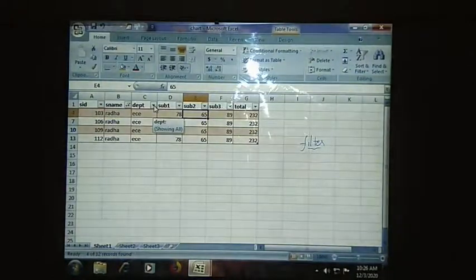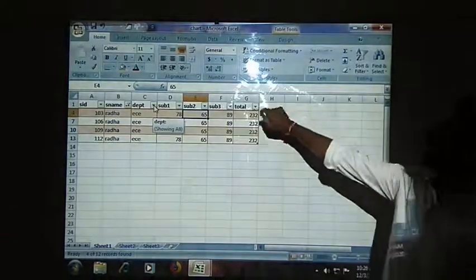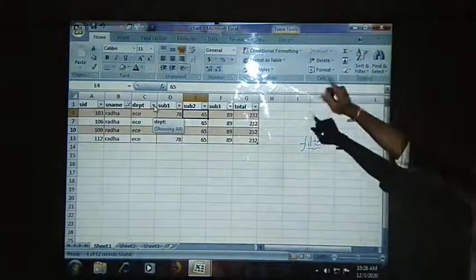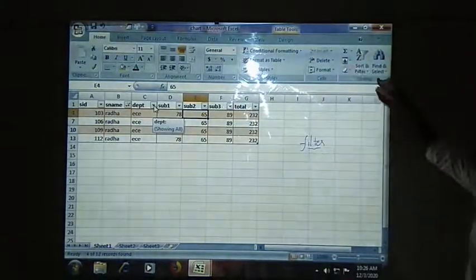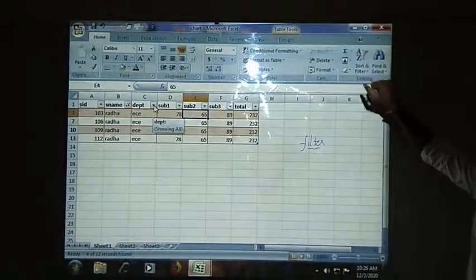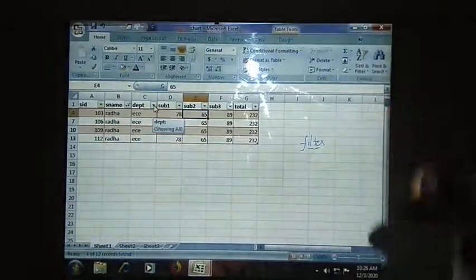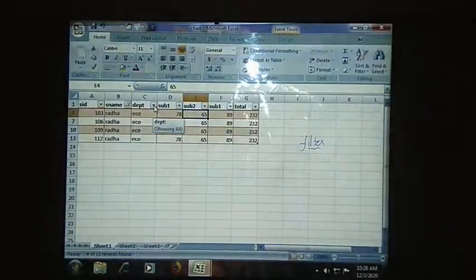According to this, you might have understood how important the filter option is. We will be filtering the data in two ways. One is the filter options on your column headers, and the second is the home tab. In the home tab you will be having the editing group. In this you will be having sort and filter. The filter option will be located with this particular symbol, like a funnel symbol. Those symbols will be displayed on the screen. By using them you can filter the data.